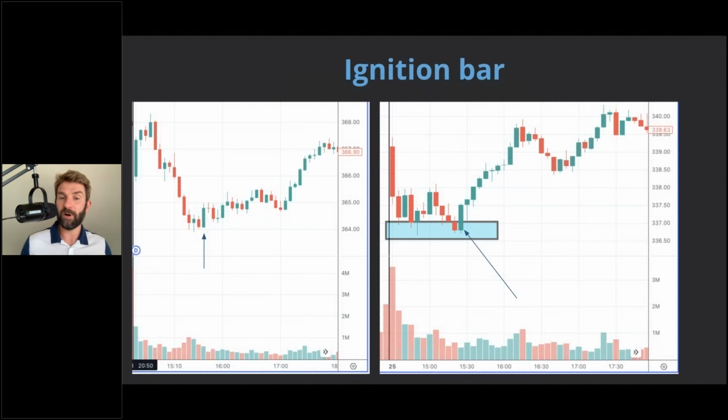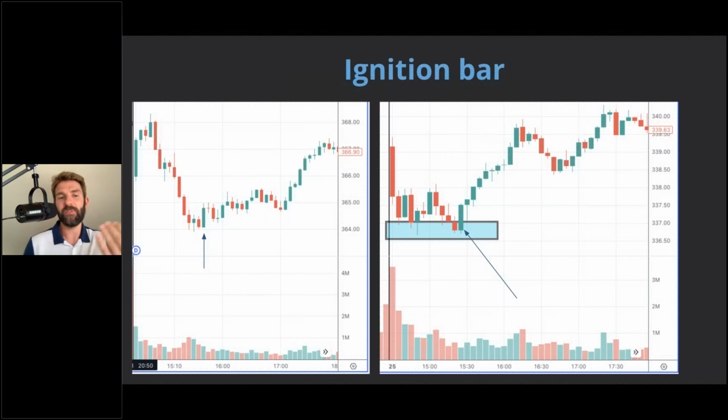We wait for an ignition bar. An ignition bar is something where you have an unusual bar, you can probably see an ignition bar, right? We use eyeball very often, so it's sometimes very hard to qualify what that actually means. I guess a good way of thinking of it is an unusual bar that's against the trend that looks very different to the others. Now, the algo guys and systematic guys go, oh no, you've got to have this range and it's got to be this and that and the other. Listen, we're discretionary traders, most of us here. You just know that that's a very different bar and it's come off the low and it's something that you've waited for and you want to pull the trigger on.